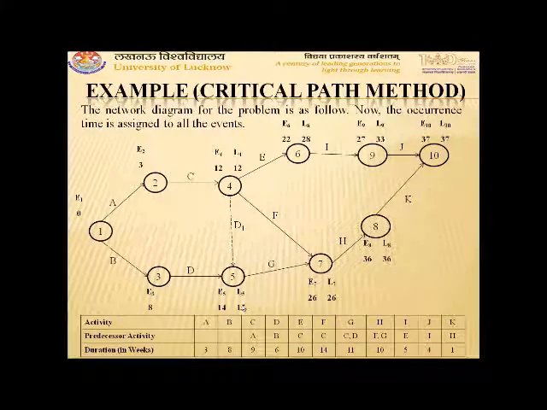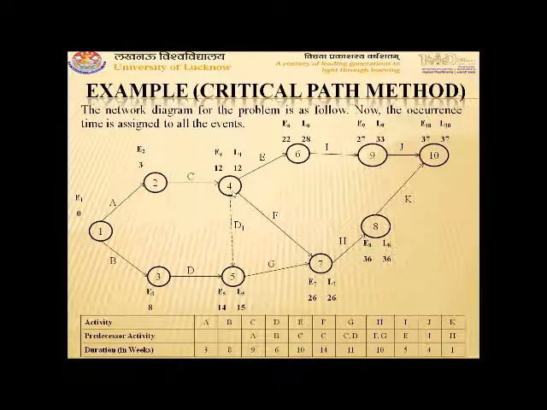So L4 is 12. L5 comes out to be 15. And activities are also starting at 4, so we compute 3 start times: the start time of activity E, of activity F, and of activity D1. Among these we take the minimum. The start time for activity D1 comes out to be 15, the start time for F comes out to be 12, and the start time for activity E comes out to be 18. Among 15, 12 and 18, the minimum is 12. So L4 is taken as 12.